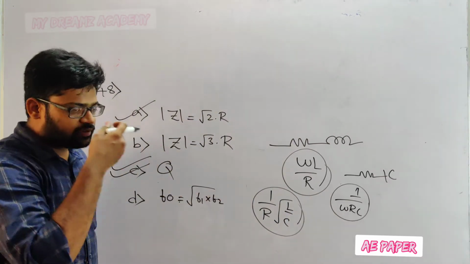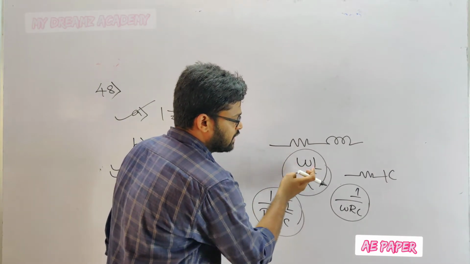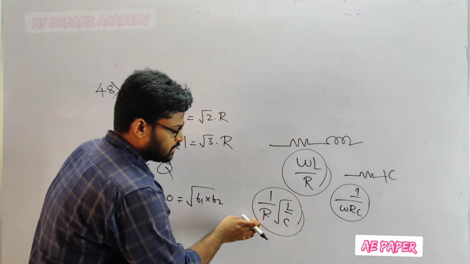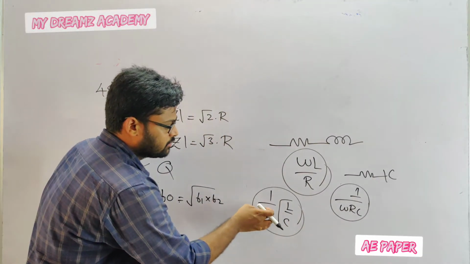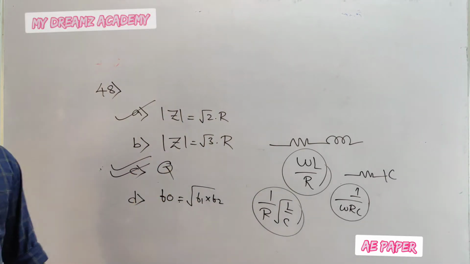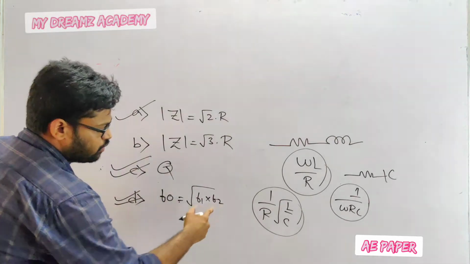Then what is the quality factor for a parallel circuit? That is the reverse of this: R by omega L. Similarly, for this one, omega RC. Similarly, for a parallel RLC circuit, R into under root of C by L. Now, this is the sharpness of the quality factor. Now, F0 will be calculated like upper cutoff frequency into lower cutoff frequency.